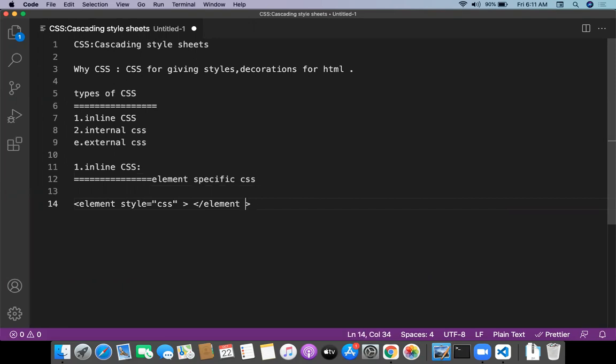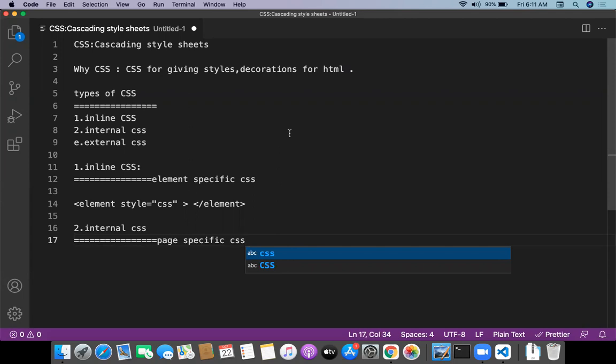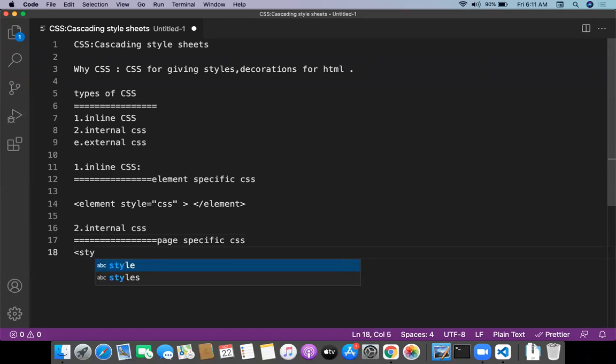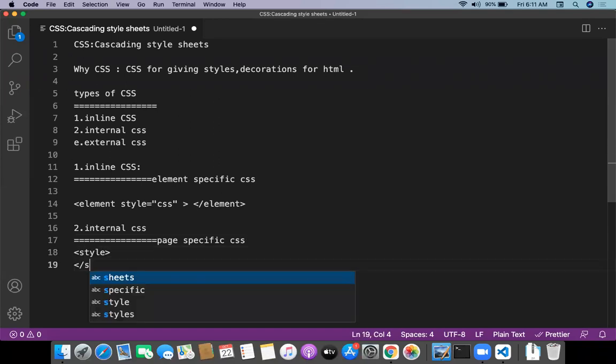The next one is internal CSS. Internal CSS is nothing but page specific CSS. Page specific CSS means for the complete page we can write CSS at a single time. Suppose, for example, style open, style close.